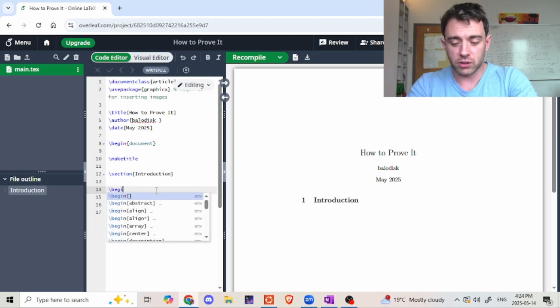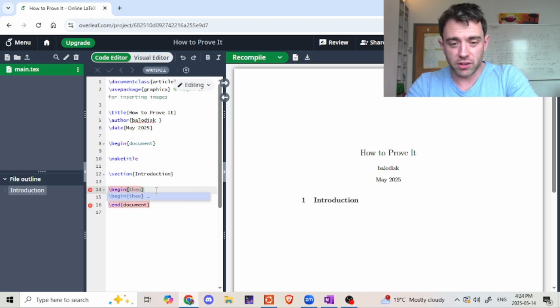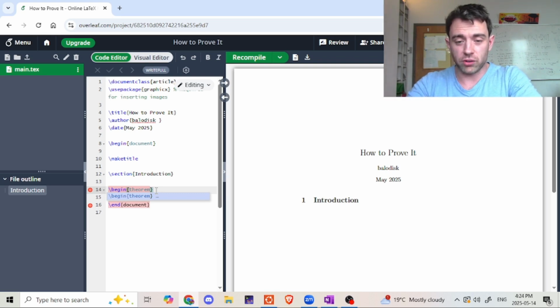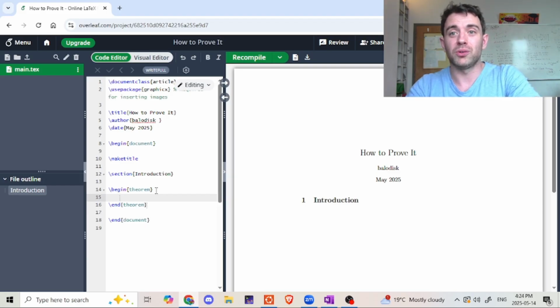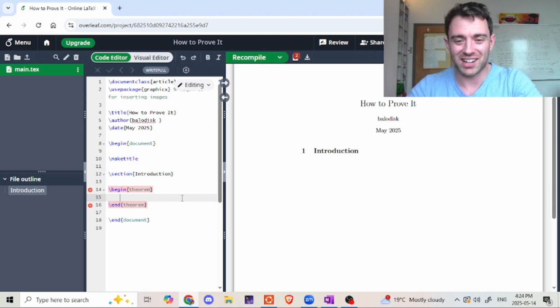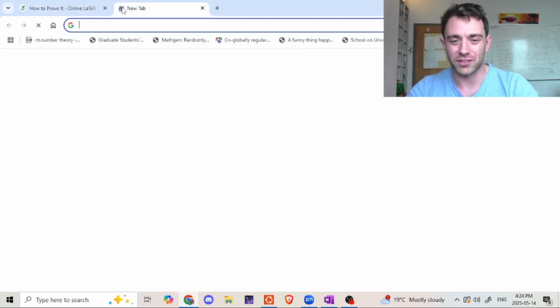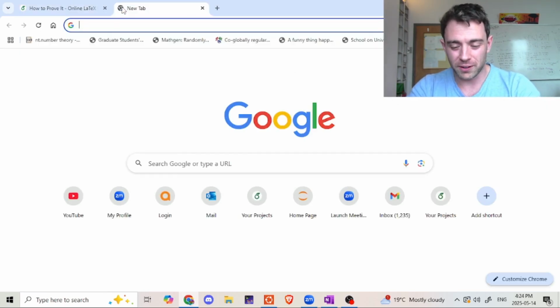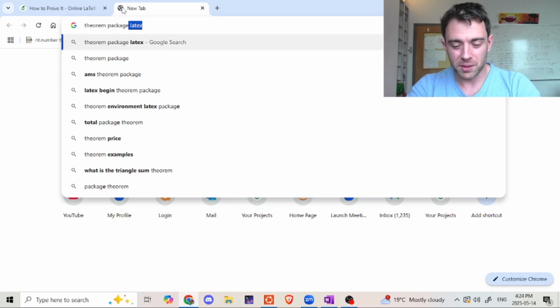So I would go \begin{theorem}. And you can either type begin theorem, end theorem, the whole thing, but Overleaf is so nice, it even predicts what theorem you're going to use. Oh, I wonder, does it actually have the theorem package? Okay, it doesn't even have the theorem package. I guess I'll teach you some Overleaf in this video as well. So, theorem package